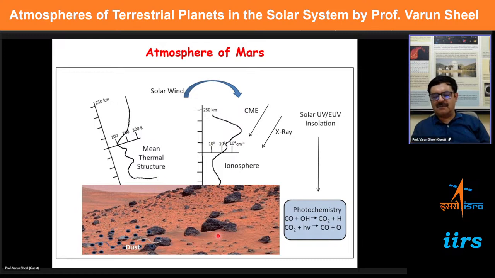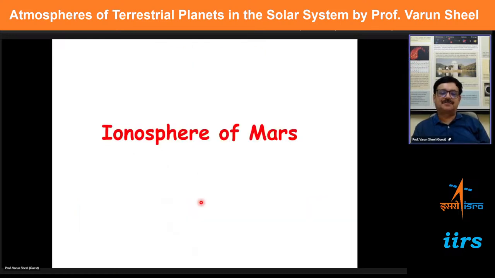So overall, the Mars climate is changing not by man-made processes, but by natural processes where the solar variability will play a very big role. So we would also like to see how the climate is changing in terms of the dust, as being a very important component of the climate of Mars.